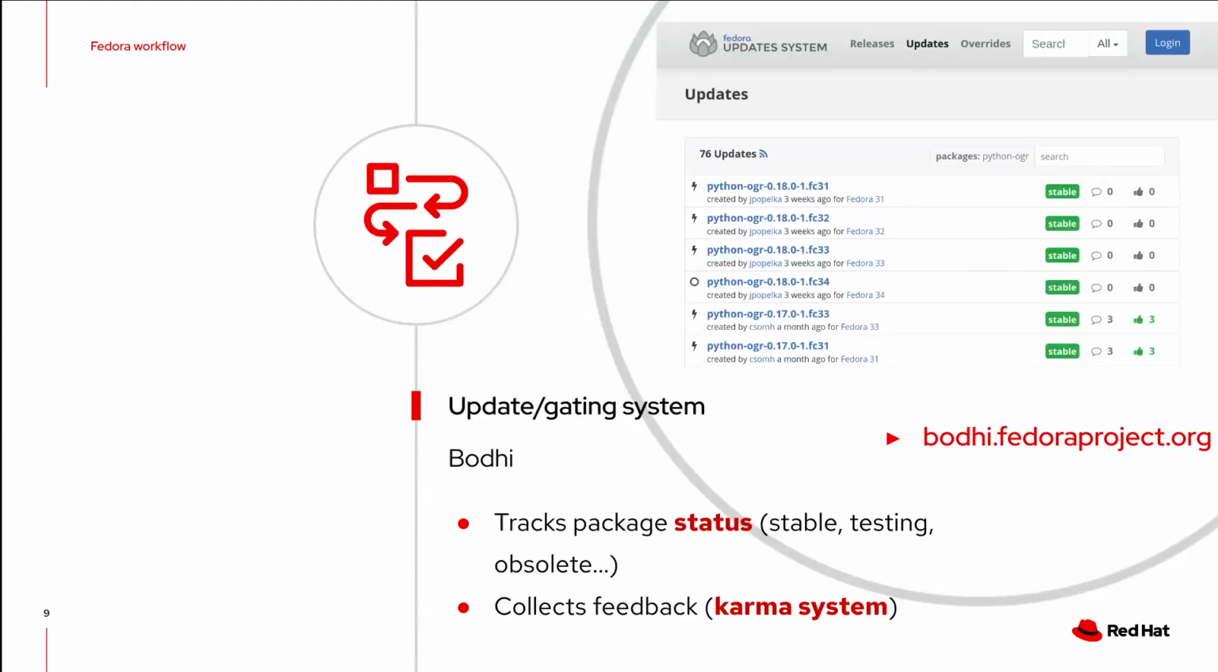The last step in this workflow goes through the update gating system named Bodhi. This service tracks the status of every built package. It can tell you if this is the latest stable release for a given version of the package, if it is still in a testing phase, or maybe it has been obsoleted